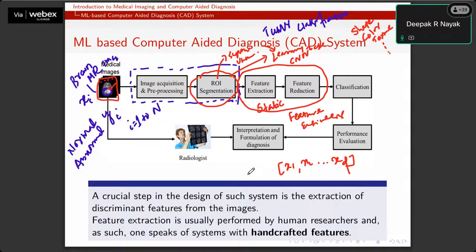You need to ultimately store the features in a feature vector, and these feature vectors can be processed easily through the classification algorithms, which are again of different types, like nearest neighbor, Bayesian classifier, support vector machine, random forest, decision tree, maybe neural network, and so many classifiers we have, right?